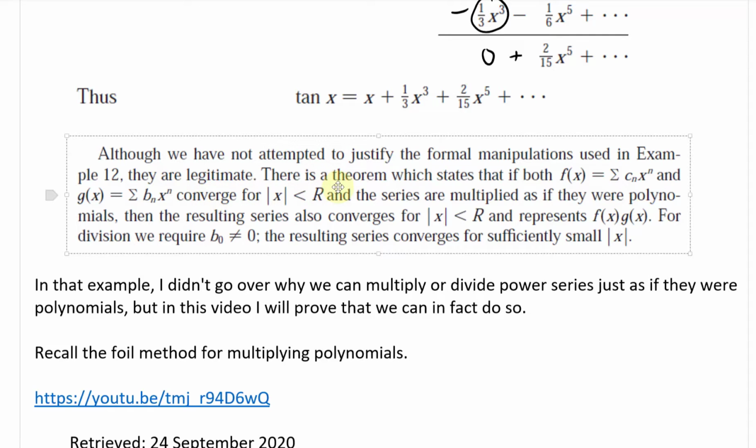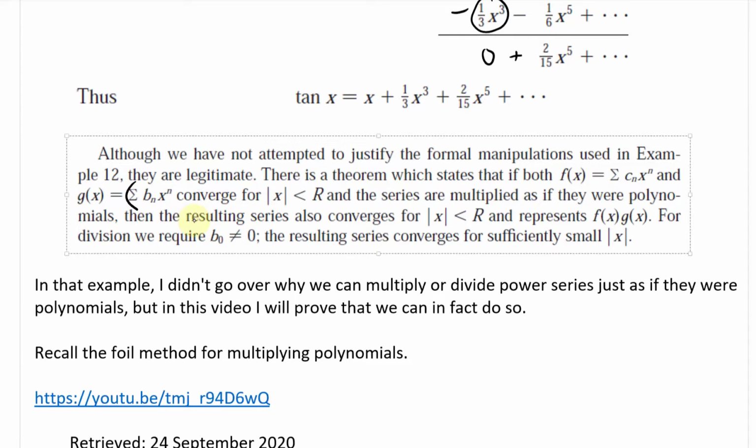they are legitimate. There is a theorem which states that if f of x equals the summation of Cn times x^n, and g of x equals the summation of Bn times x^n, and they both converge for absolute value of x less than R, and the series are multiplied as if they were polynomials, the resulting series also converges for absolute value of x less than R and represents f of x times g of x. And for division, we require that b0, the first term of the series you're dividing by, that's this g of x right there,